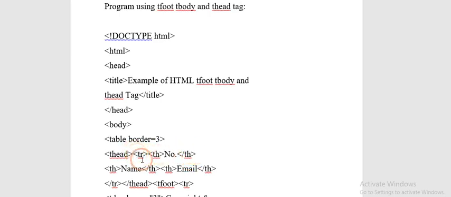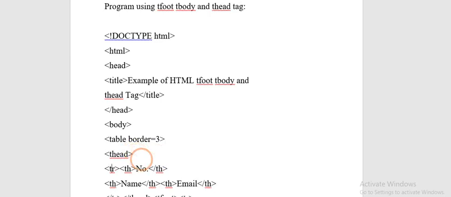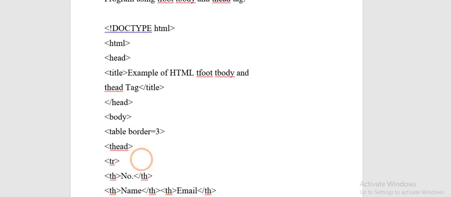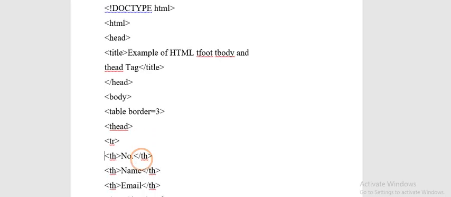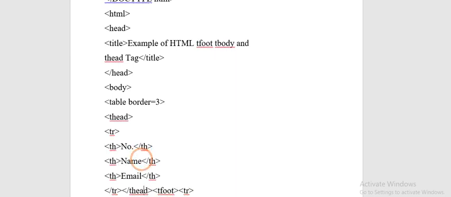Now you want to create your second column, so again you open the th tag, name, slash th. In this way your second column gets created, that is for the name, and the third th is for the email. Once you have completed your 3 columns, which are the 3 columns?